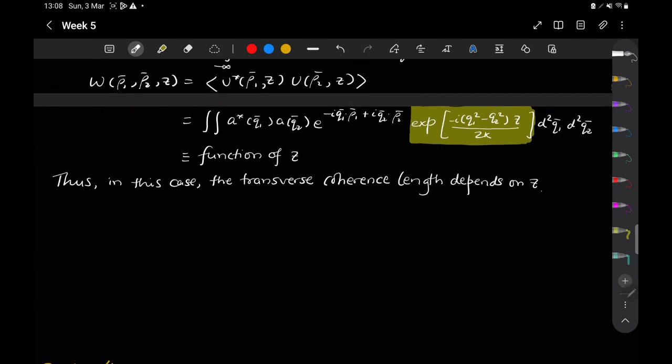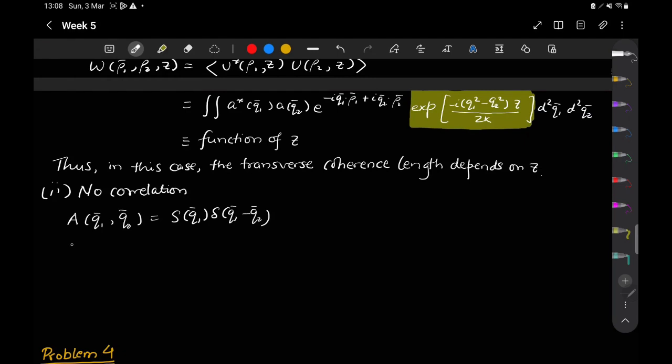Now let us consider the other extreme. We considered perfect correlation, now let us look at no correlation. In this case, the angular correlation function will be as follows. It will involve a delta function. Now if I write my cross spectral density function,